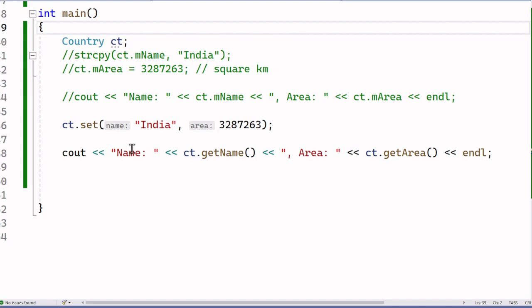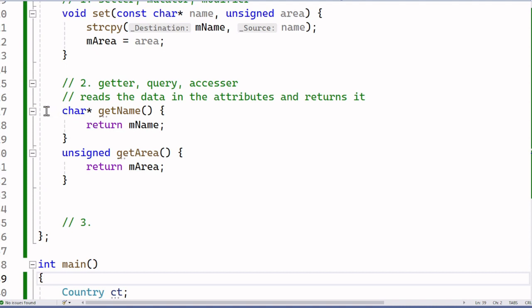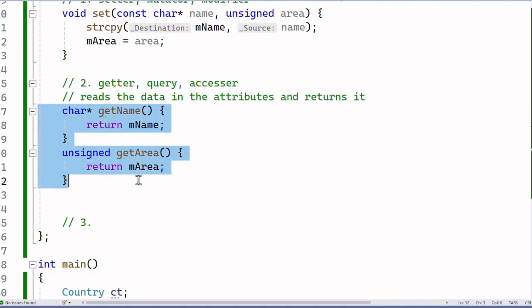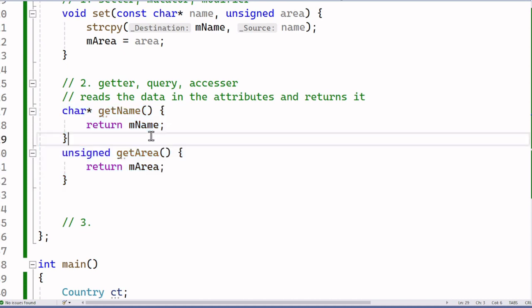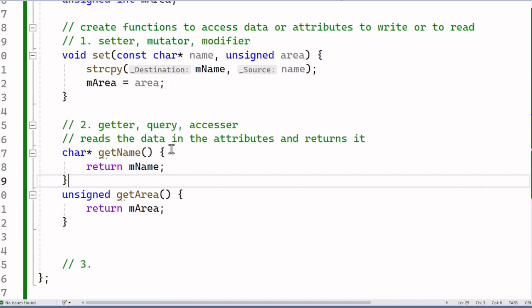Coming back to the code, now let me make these functions better, improve these functions. Whenever we have getter, query, accessor, these functions are not designed to make any changes to the attributes. They should not be allowed to make any changes, but the programmer doesn't have any control. Sometimes there could be